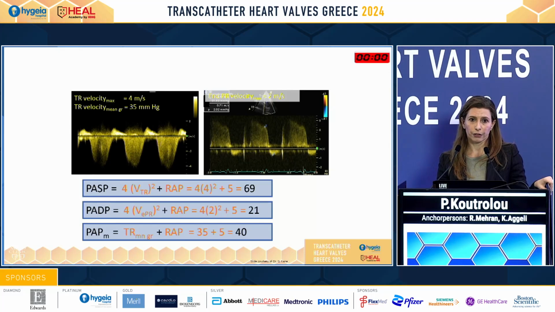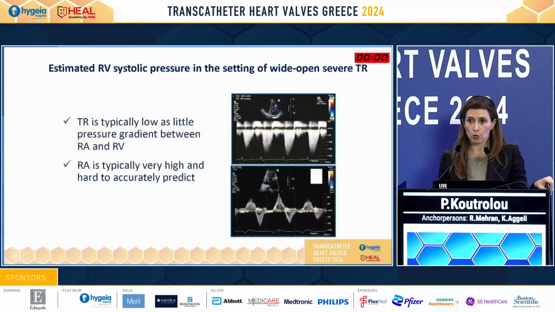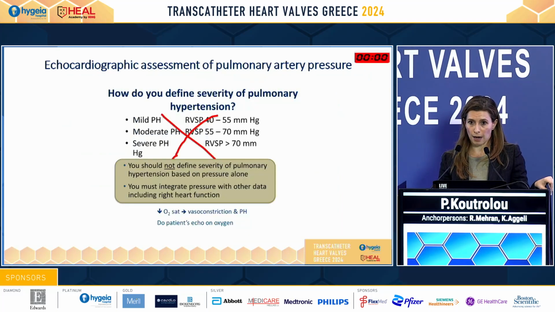Again, via echocardiography, this is an assumption. We make the best we can, and as Dr. Kurkovelli said before, it's very, very important in people who have severe TRs, pulmonary hypertension, dilated RV, there is a question mark about what we do with those patients. We always want to do right heart catheterization. It's a very tricky thing to measure the pulmonary pressure in patients with severe TR, and we don't need to